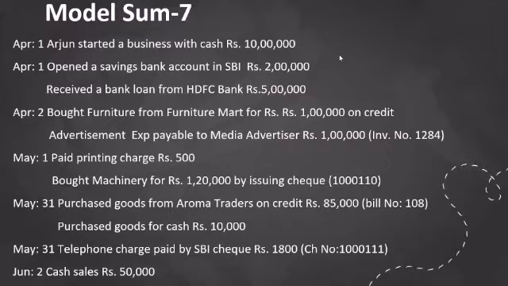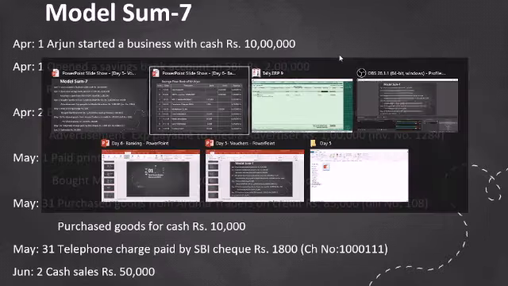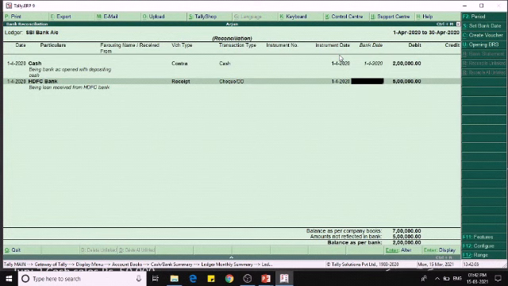So as per our transaction, we are opening the account on 1st of April only. So in the bank date we have to give 1st April, and then you can see the balance as per company book, and the balance as per passbook also, and the total amount which is not reflected in the bank. If you give the bank date, it will automatically be added to the balance.